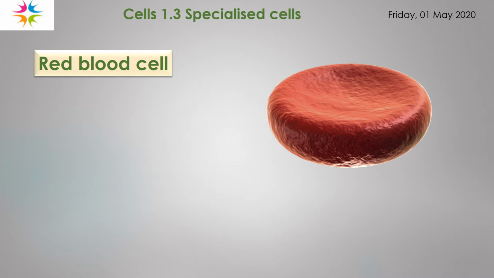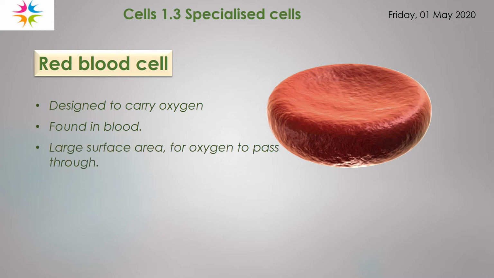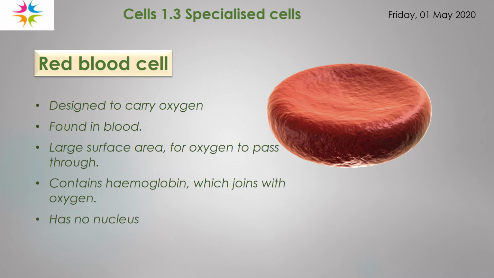Now we're going to look at a red blood cell. It's designed to carry oxygen. It's found in the blood. It has a large surface area so the oxygen can pass in and out through the cell membrane. We've told you that all cells contain a nucleus, but this one doesn't. The other thing to remember is the cell contains hemoglobin, which joins with the oxygen, so it can be transported